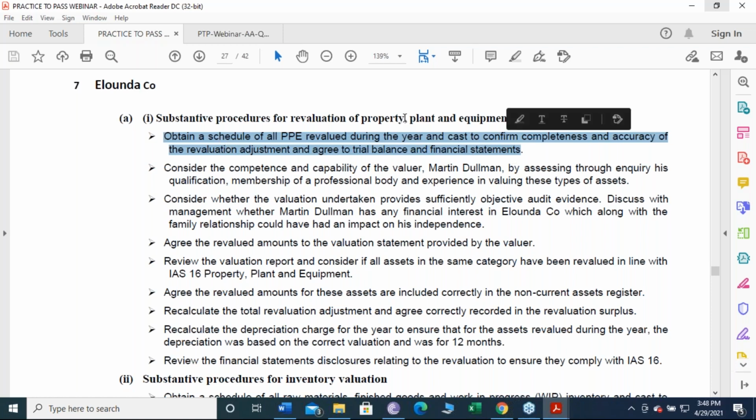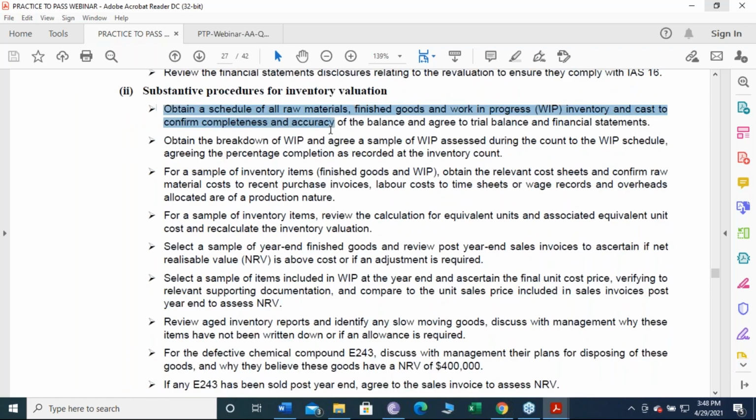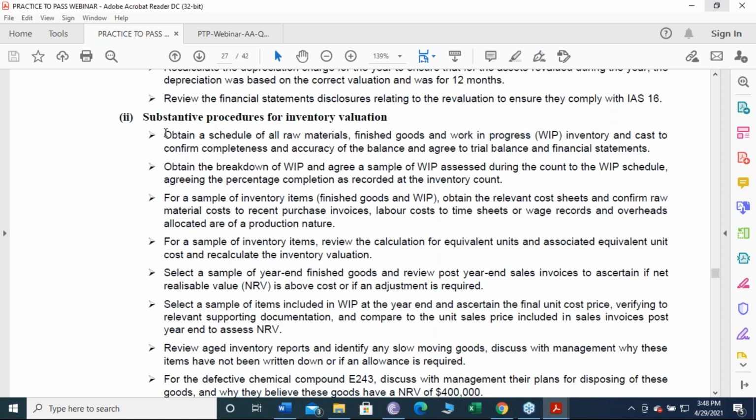Read this procedure. This is a procedure about property, plant, equipment, not about inventory, but read it for my sake. Try to grasp something. Try to understand what the auditor is doing. He's getting the breakdown from the client, and then he's adding them up, and he's making sure that the same amount is recognized in the statement of financial position. Now, if you're comfortable with this procedure, now read this procedure. Inventory valuation. Read this procedure now. The only difference is there are 3 different types: raw materials, finished goods, and work in progress. That's the only difference. Otherwise, the logic is the same. Are you comfortable with this procedure?